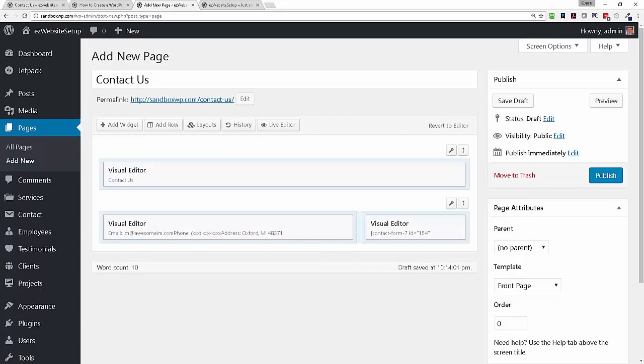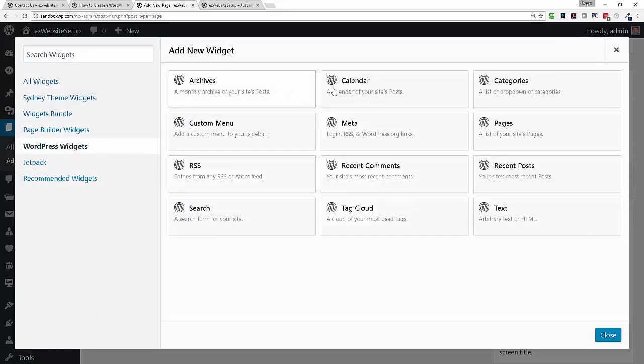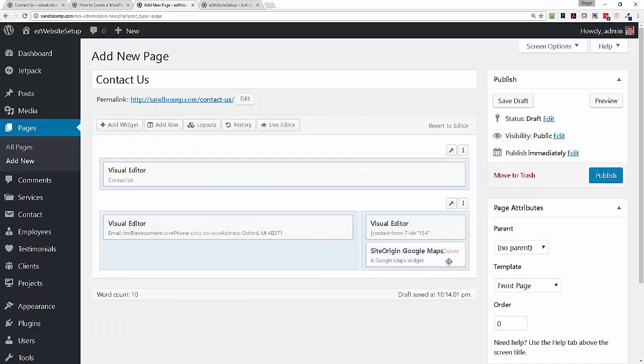Alright, one more thing we need to do is add a Google Map widget. So what we want to do there is go ahead and click on Add Widget, and I think it's a WordPress widget. Here we go. Site Origin Google Maps widget right here. You want to click on that, and it went over to the right side. You want to drag it over to the left side,